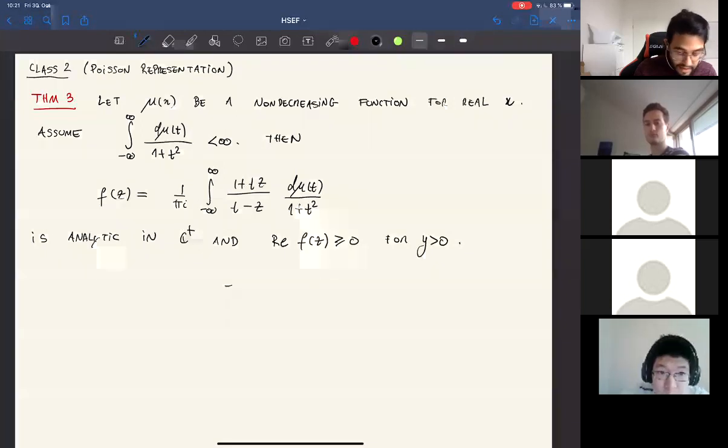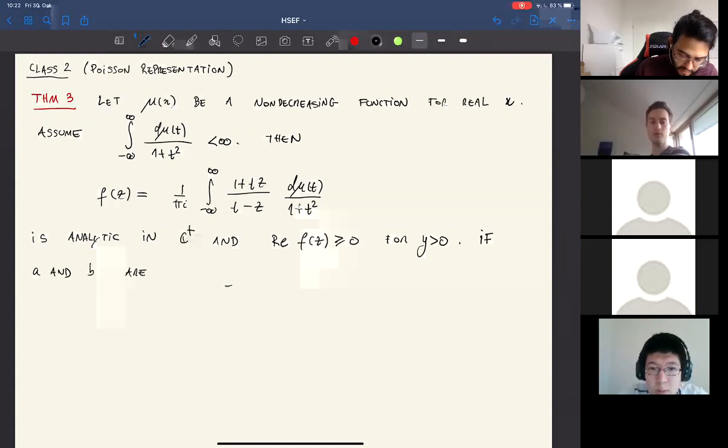And furthermore, and I will explain this statement in a moment, if a and b are points of continuity of this non-decreasing function mu, then